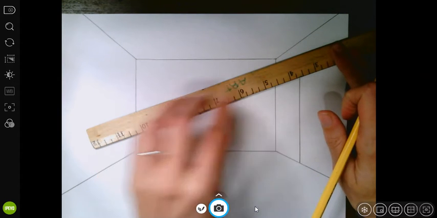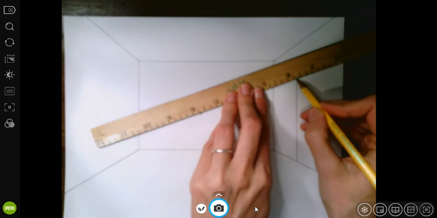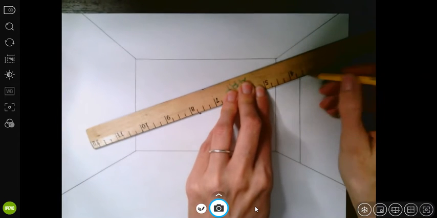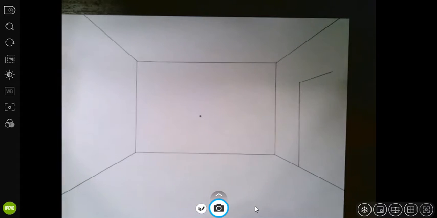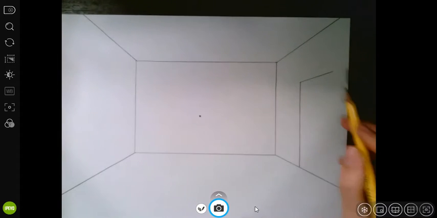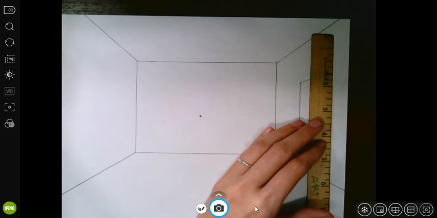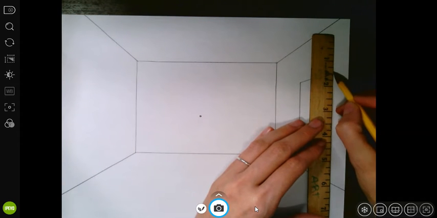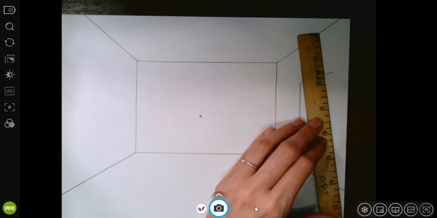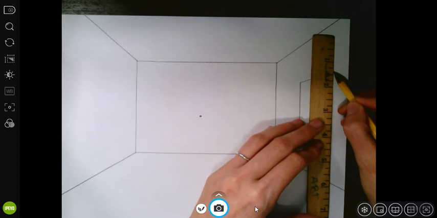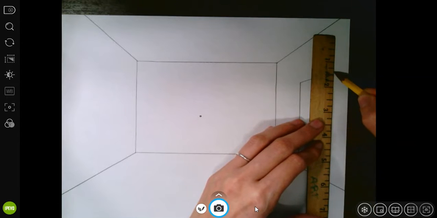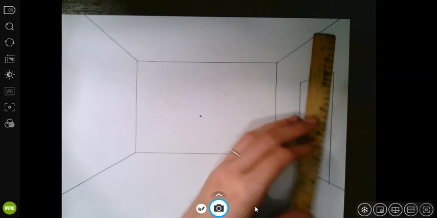And once they're totally lined up, then I can put my pencil right here at the top of the door and decide how wide I want that door to be. And it's up to you how wide you want it to be. Mine's going to be about that wide. And then the only thing left to do with that door is to draw my line going down. Again, I want this to be a straight line, not crooked, because then it'll look a little bit strange. And it won't quite look like it's in proportion. So I'm going to put this right about here, draw my line down,